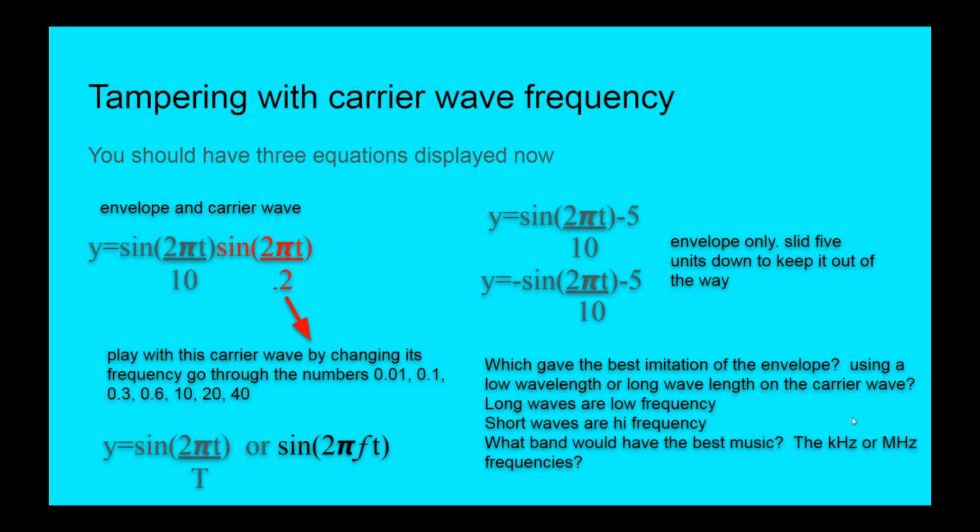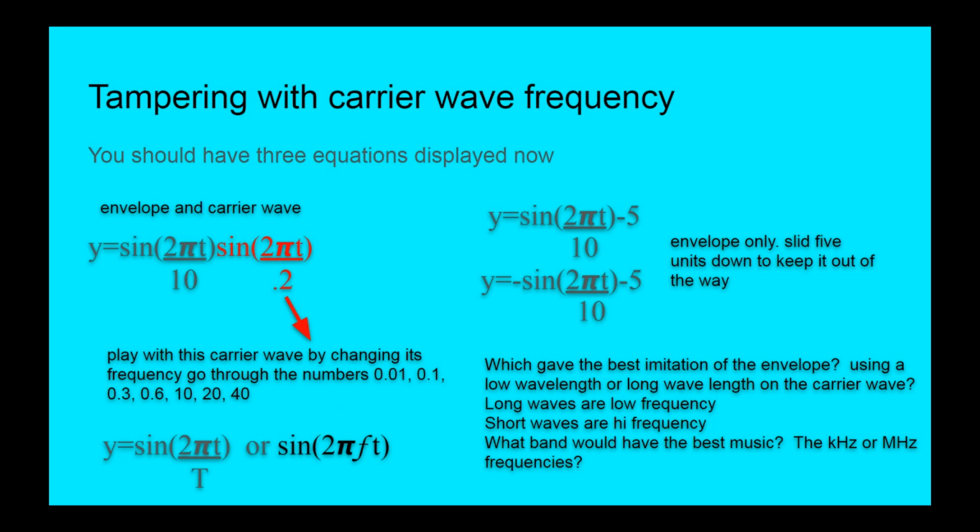Finally, once you have these three equations displayed, you'll have your envelope and carrier wave put together as one function, and then you'll have these two waves plotted as well. And the -5 means they won't be plotted on top of this one. We've moved them out of the way. Now I want you to play around with this 0.2, and I want you to start changing the numbers, and you will see which number